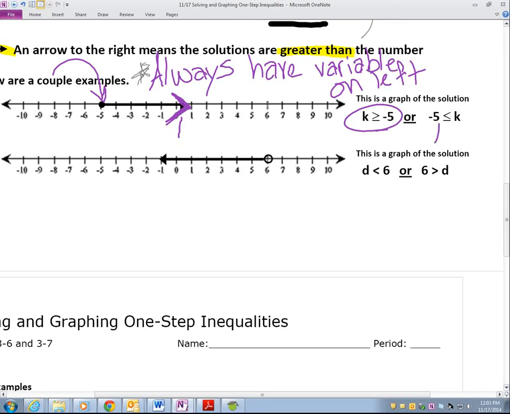I'm going again. Next one. It says here, negative 5 is less than or equal to k. Now, this is when this situation comes up. If I read from right to left, so if I go k is something negative 5, what does that be? If I'm reading from right to left,